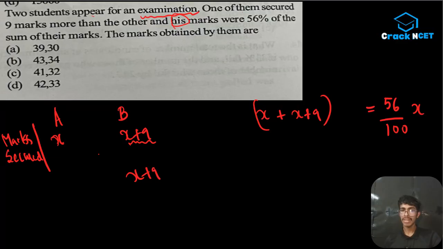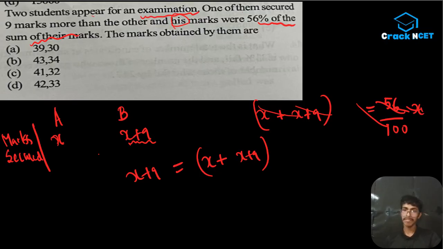So his mark was 56% of the sum of the marks. ये दोनों का मार्क्स है ना, x+x+9, A का मार्क और B का मार्क का सम. तो इसका 56% है B का मार्क्स, इन लोगों का मार्क्स का सम का 56% है, ऐसे गिवन है क्वेश्चन,